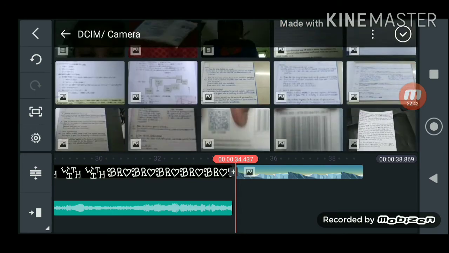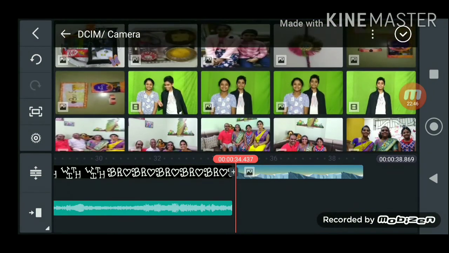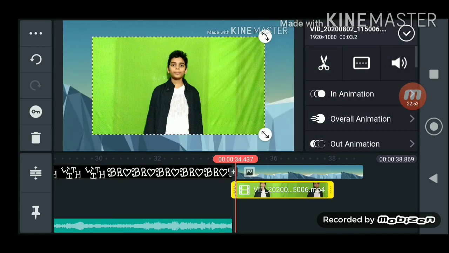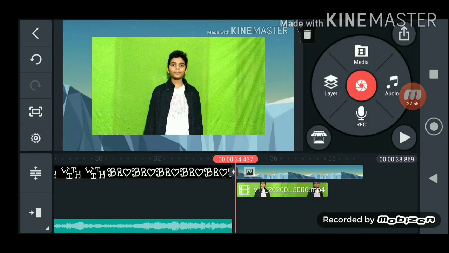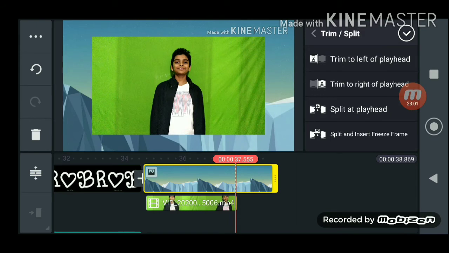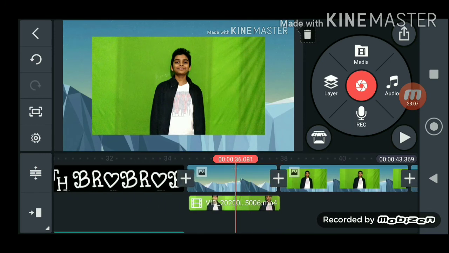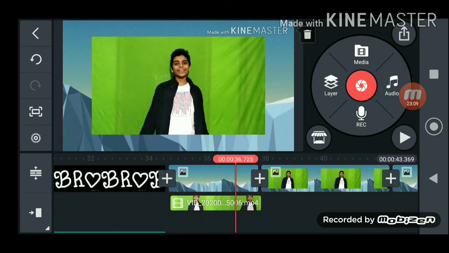Then I found it in my camera. So I go to my camera photos. I found some, and I want to do this one. This is a small clip, and afterwards, it starts from here. I want the end screen still here, so I just cut it. Yeah, it's the same way. Now I want split and insert freeze. I'll show you how that is. It comes like, wait, I'll show you.